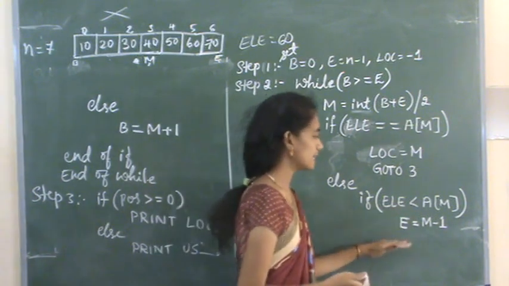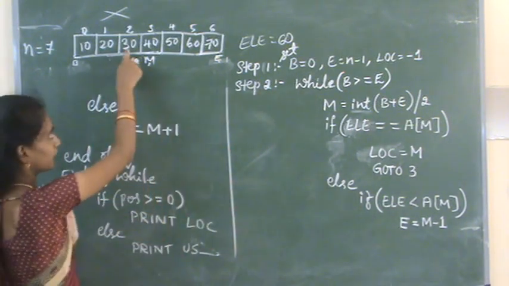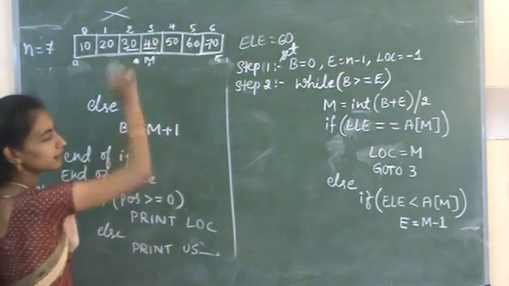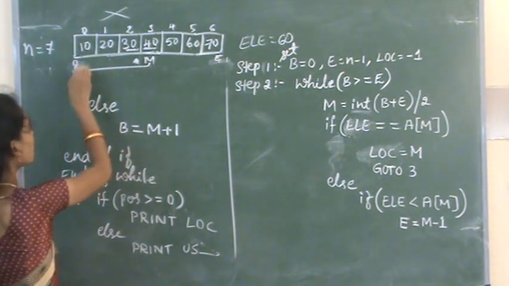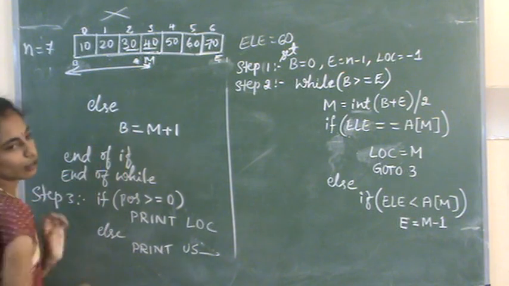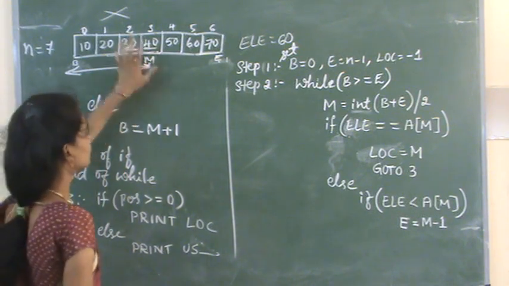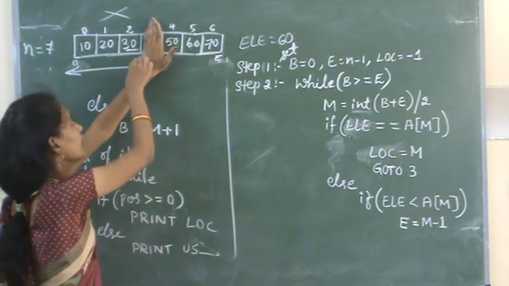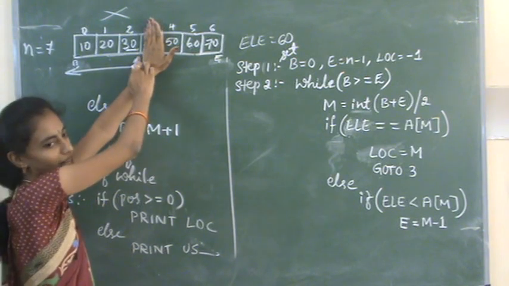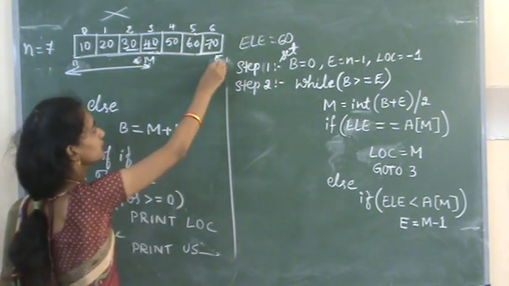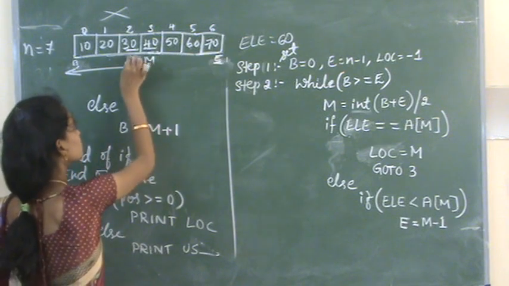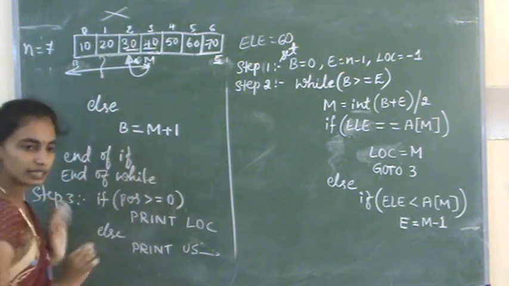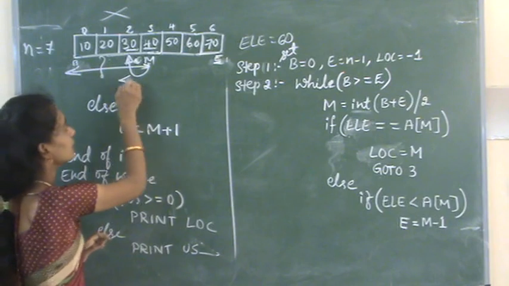Okay. So if it is less than, suppose consider the search element is 30. Okay. So if this search element is less than the middle element, right, we have to perform the operation for this side of the array. So this part will be considered for the next process. So we need to write end here, right? So this is the end of the array. So for that I am doing this end as mid minus 1. So we take one less than the mid element. So now we are performing the operation for this part. So this is when it is less than.